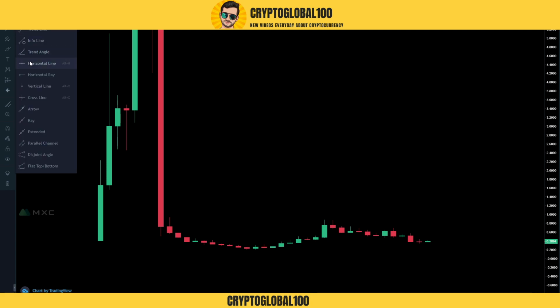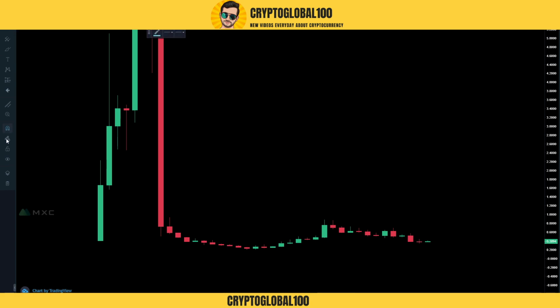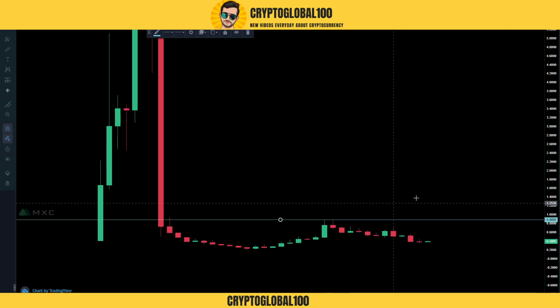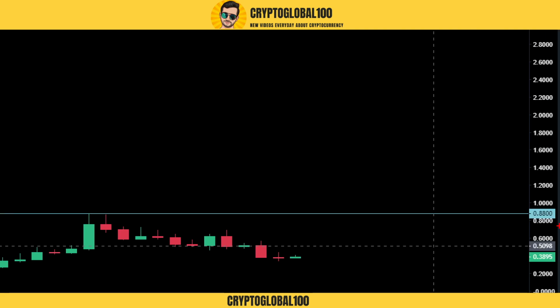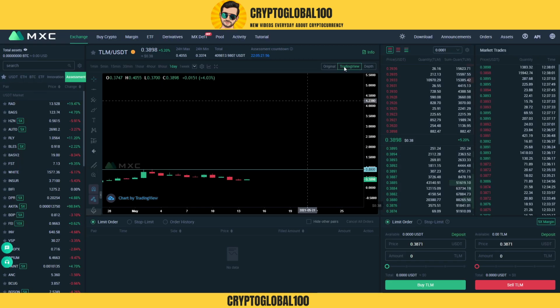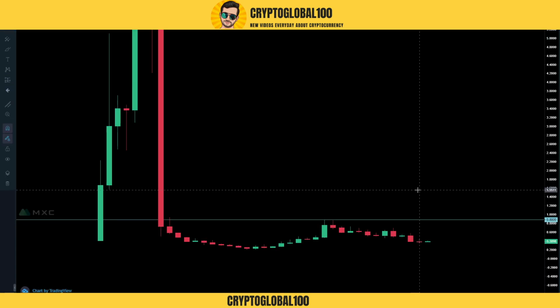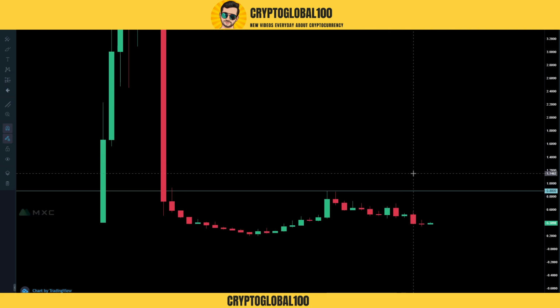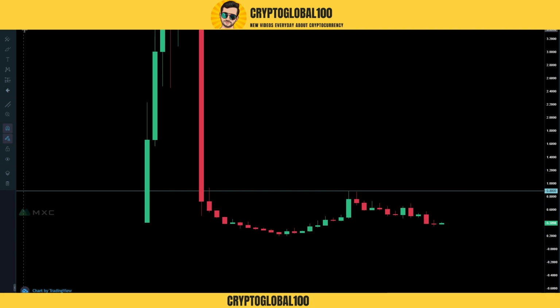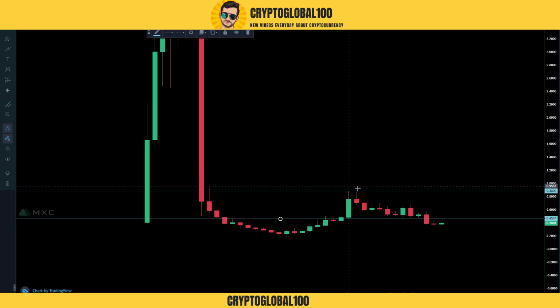So I'm going to start with drawing the support and resistance zones here. Let's just see. Here you can see we have drawn a resistance level at 0.88. You have to watch the full video in order to get the analysis right. Okay, why have I drawn this zone? Because this one and this one is